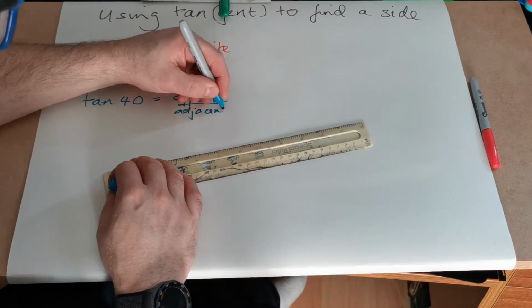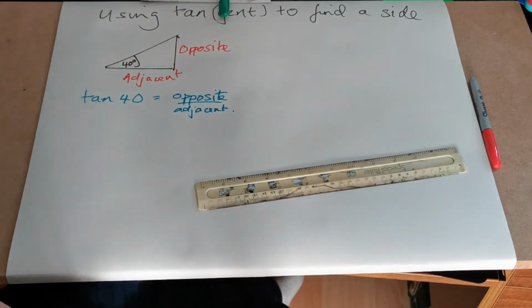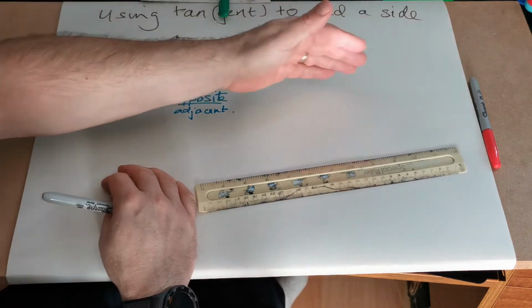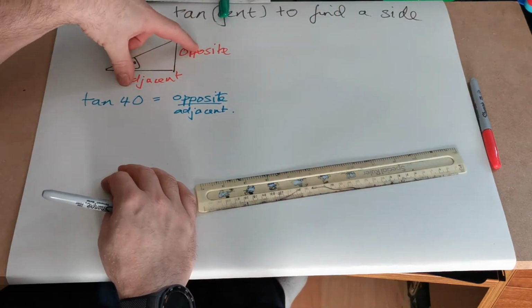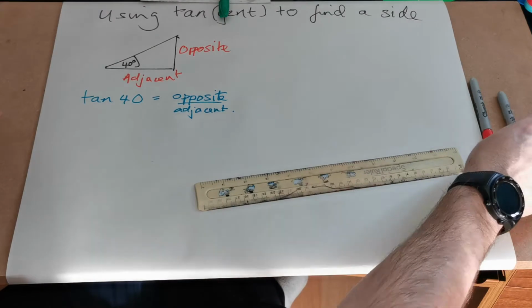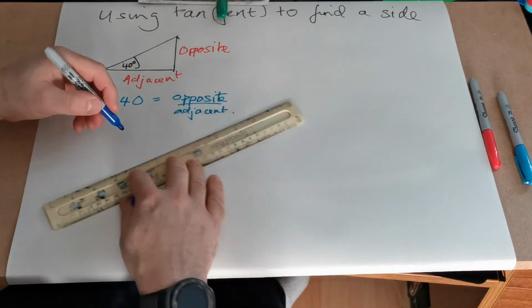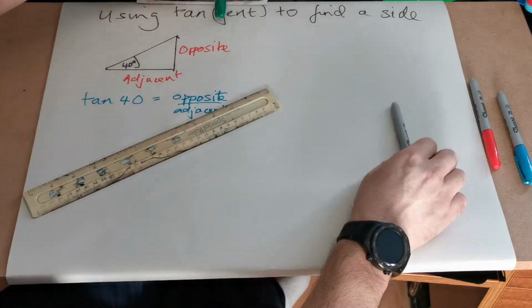And remember that the tan is a property of the angle, and regardless of how big this triangle will be, that answer, opposite divided by adjacent, will always give you exactly the same result. So if we looked at a question again,